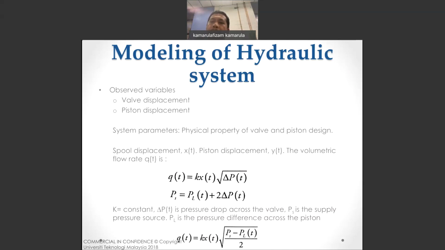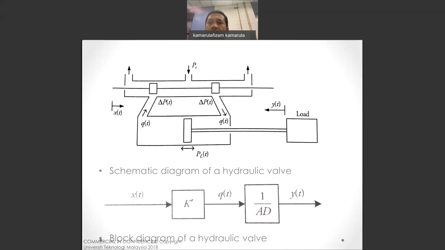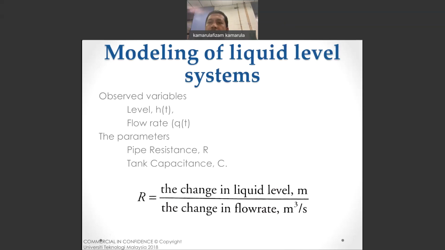or damping. Right, just with a different term. If you are working with a control system that uses a hydraulic system, you basically work on these three elements and just use the terms that describe the hydraulic system here. Okay, so this is the very basic one. You can see how a hydraulic system is being modeled in its own block diagram. And the same, I think, goes to